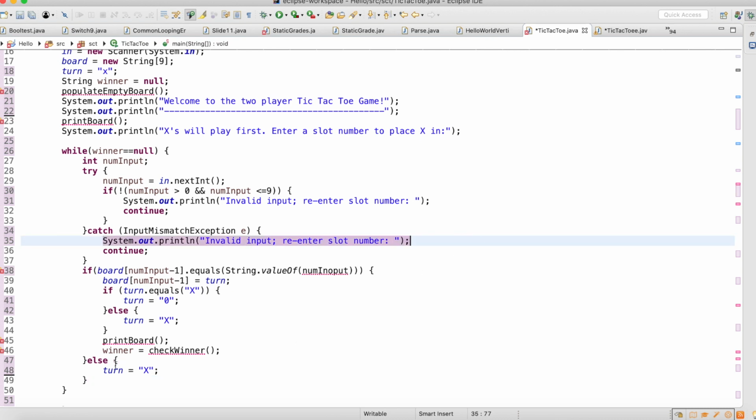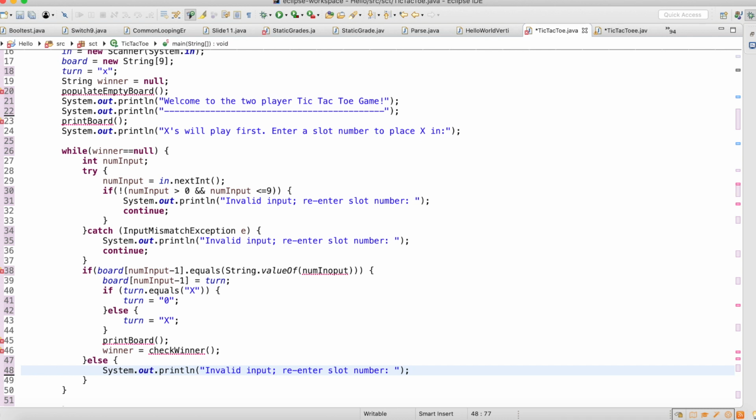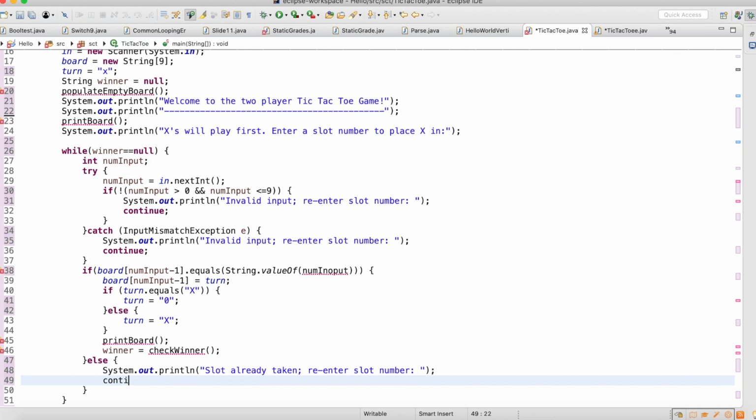So let's copy this, and in here we are going to write "Slot already taken; re-enter slot number." After we have that, we're going to go down and just do another continue, and go down 2 more times,